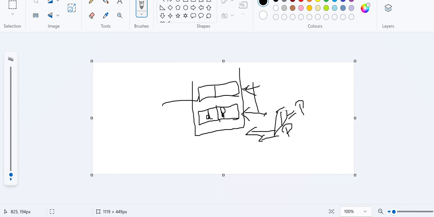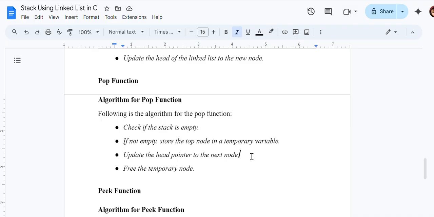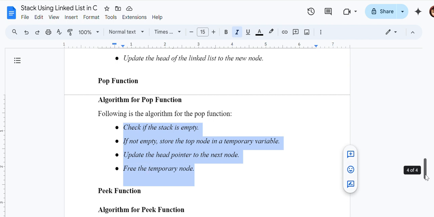Once you move this, you can free up the temporary pointer. Now your top is updated to the next node, and the old one is deleted. So these are the four steps we have to follow for pop. First, check if the stack is empty. If it is not empty, store the top node in a temporary pointer variable, then update the top to the next node, and then free up the temporary node.